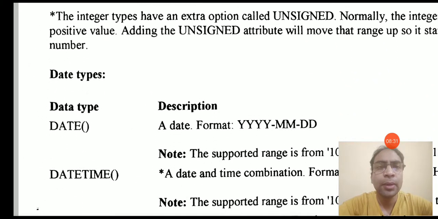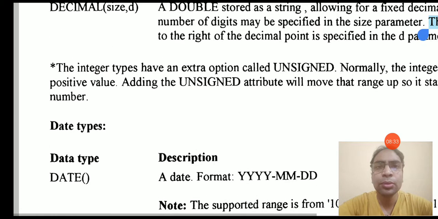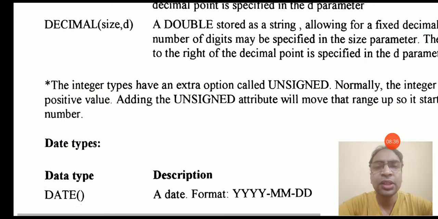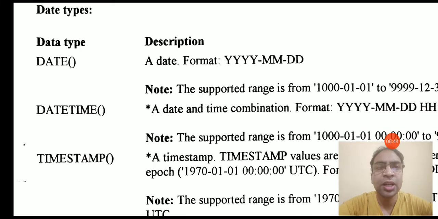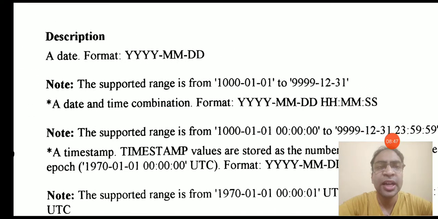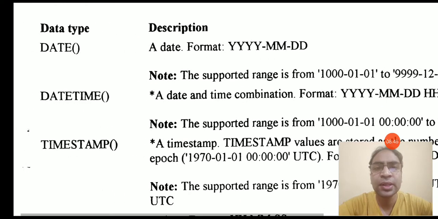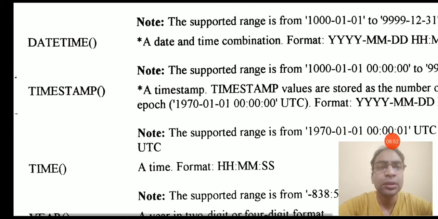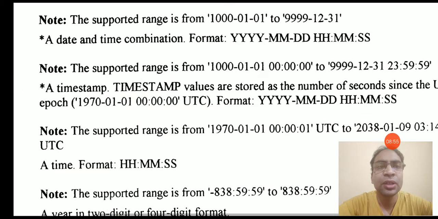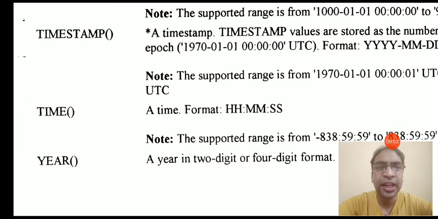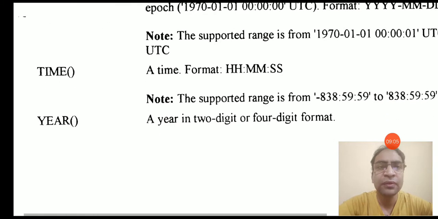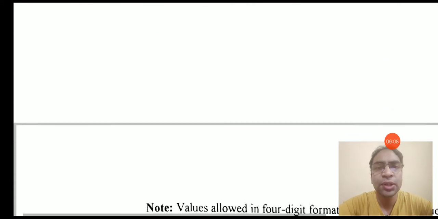After that we have some date and time data types also available in MySQL. So these are the date itself with a format, then year. Then date time, that is used to store date as well as time. And we have the timestamp, that is a more detailed timestamp which will give you all the values of year, month, date, hour, minutes and seconds. And we have time format also, which will give you only the time in hours, minutes and seconds. The year format is used to store a 4-digit year.